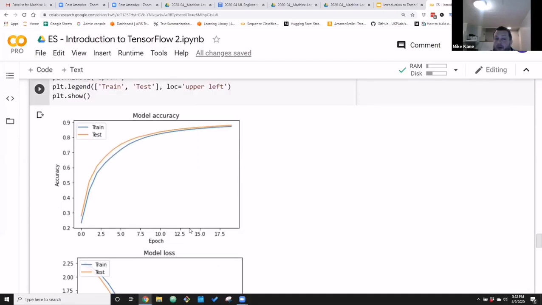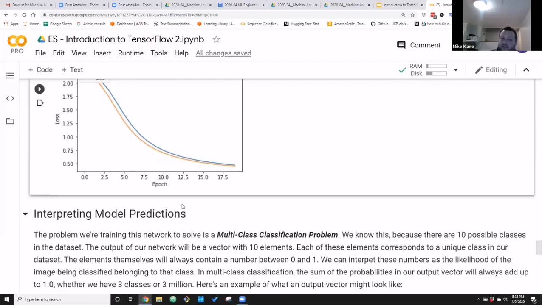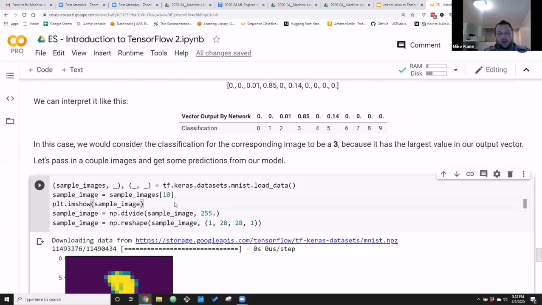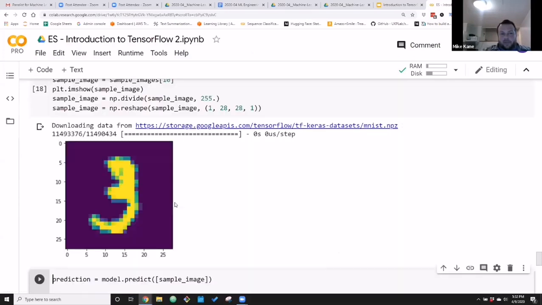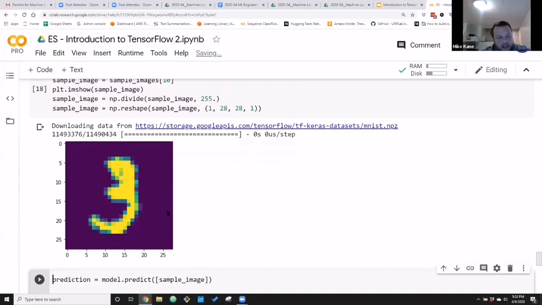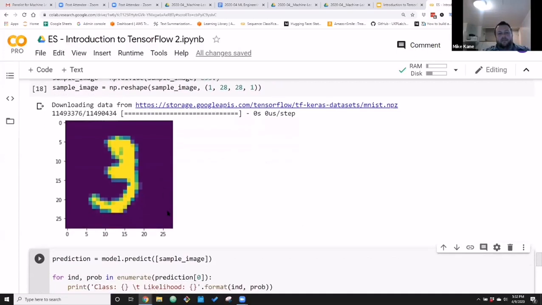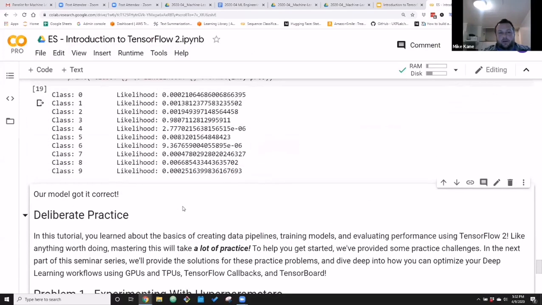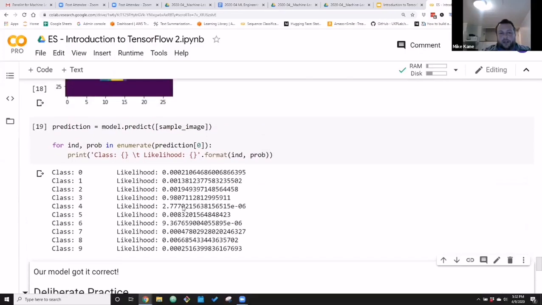We've trained the model, we've evaluated it. What's left? Well, inference. If you're training a model, you probably want to be able to use it at some point, right? To get some predictions. So I've gone ahead and grabbed a sample image here from MNIST. This is a very ugly 3, I believe. And let's run this cell, and we're going to use this model to get a prediction, right?